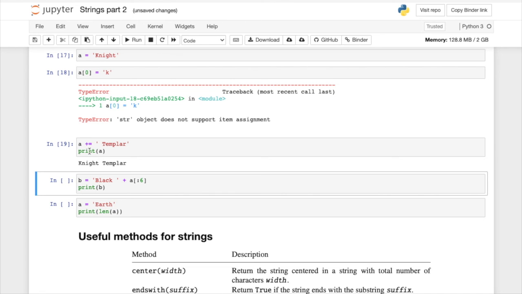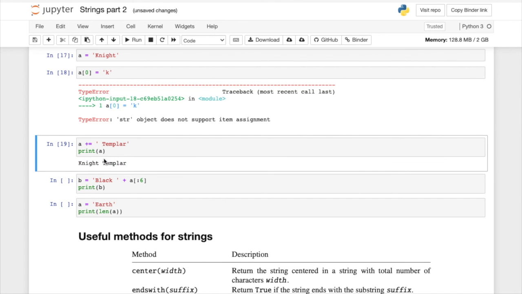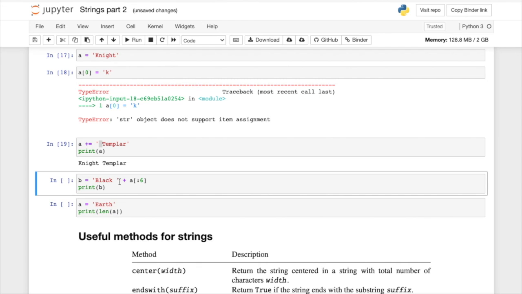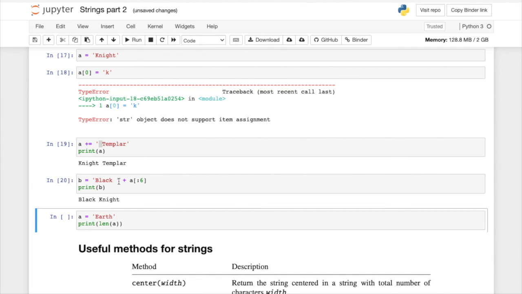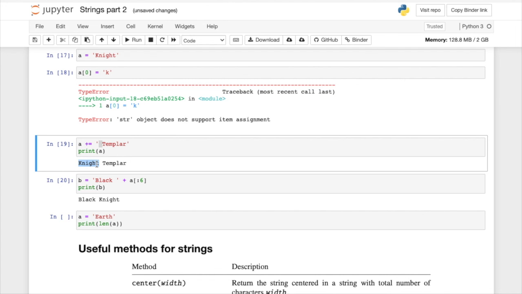For example, a plus equal ' Templar'. We get, and then we print a, we get 'Knight Templar'. Note the space. We have to indicate that there is a space. And then b is equal to 'black' plus a[0:6]. Now what this will do is just add the first 6 indexes from a, that is this,